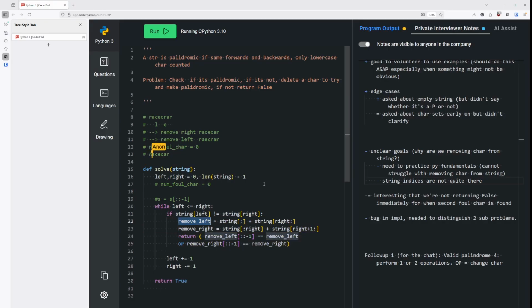Okay, we can't just do left plus one. In this case, left plus one works because at the beginning of the string, there's nothing behind left. But if the issue arises here, if I do left plus one, then everything previous gets ignored, which is not good. So I have to